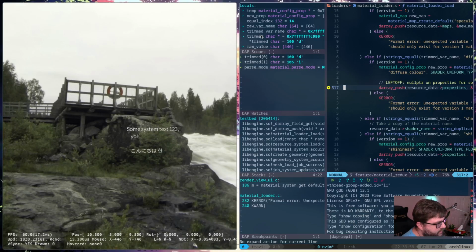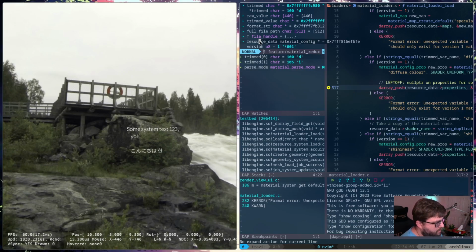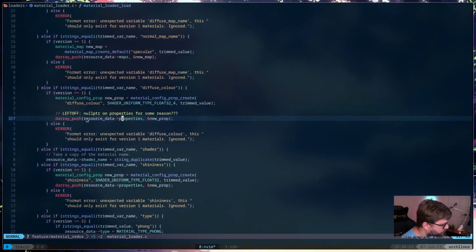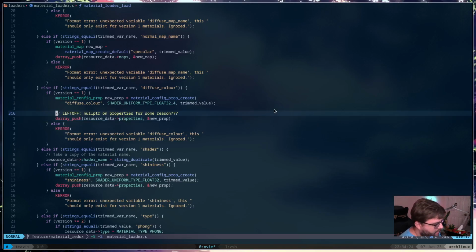So let's see, we have resource data, properties. Yep. We are indeed pushing into an empty array. So why are we doing that? Oh, right. This is where I had a left off thing. Okay.